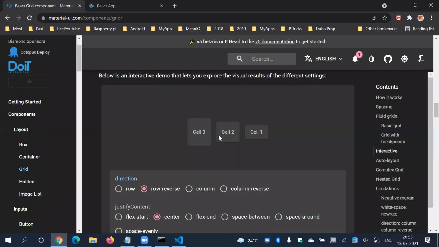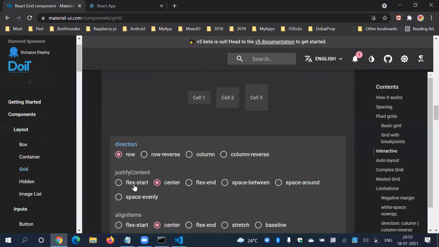Row reverse, they will be reversed in order. Column, they will be vertically in one column. Column reverse. So there are four directions. Simple. Justify content. Let's say flex start, center. So justify content is like this, and align item is like this, vertically align.